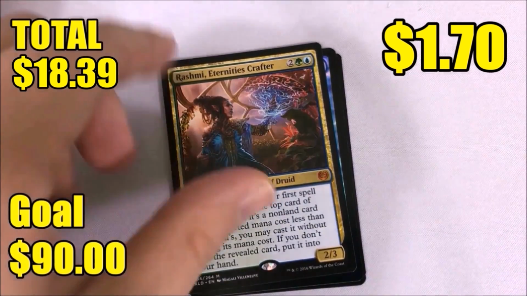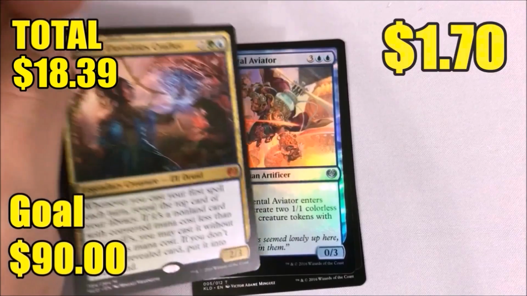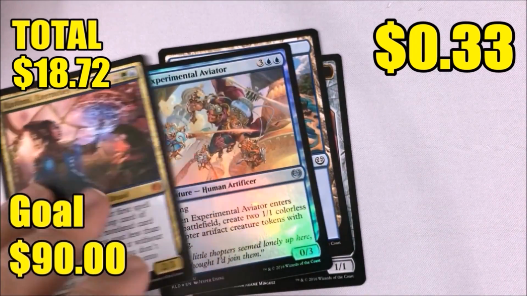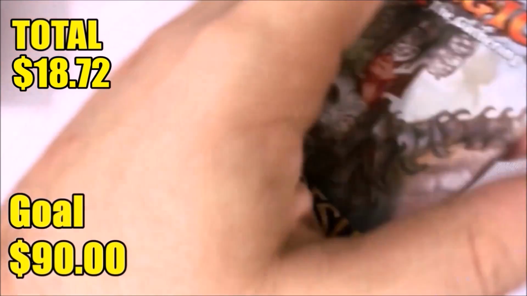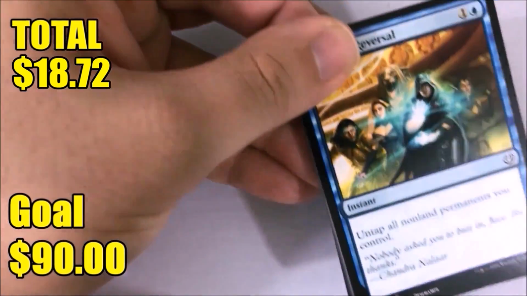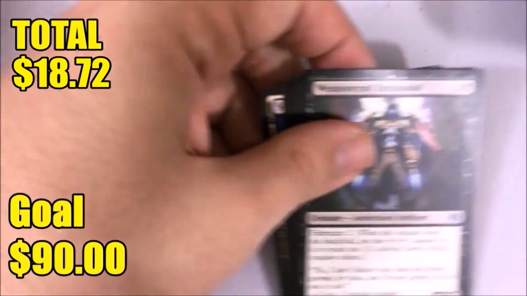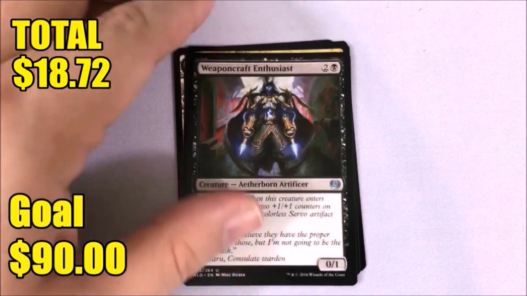All right, cool. We got Rashmi, Eternity's Crafter. That's actually a really cool card, and it's another mythic. So 3 mythics already. That's pretty good. And we get an Experimental Aviator as well in foil. So starting out with 3 mythics, and we got a lot of packs to go. That's actually kind of awesome. I will take that, because granted, a box could just kind of stall out, but at the same time, usually if you start off with a lot of mythics, you usually end with some decent mythics. All right,